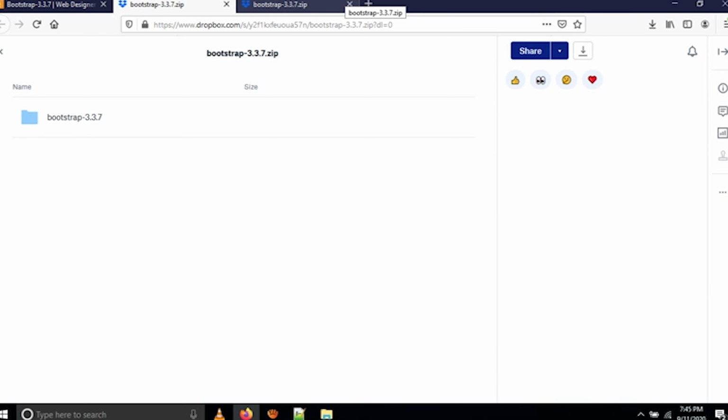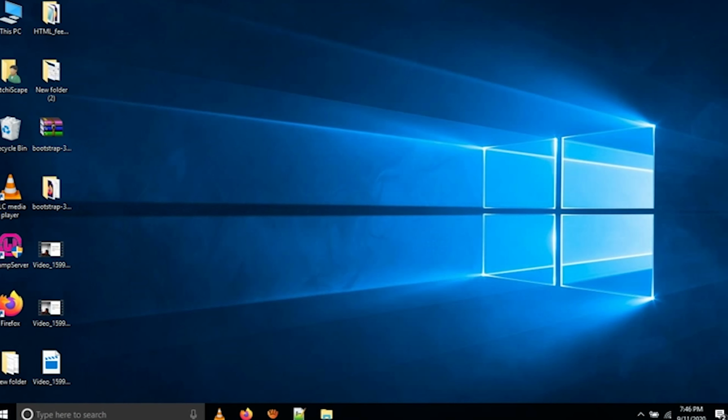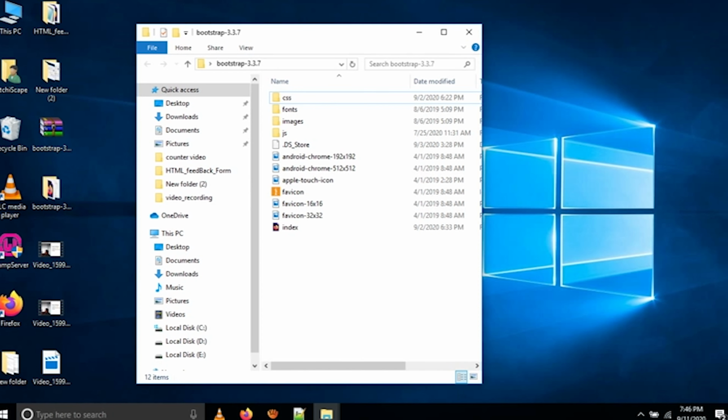You can get this Bootstrap code from getbootstrap.com, but I have downloaded those Bootstrap files to my sachiscape.com, so it's easy to take the file from there. I have shared this file in a Dropbox. You have to download this file from Dropbox, which I have already downloaded. See the download button here. Here you can see I have downloaded the RAR files